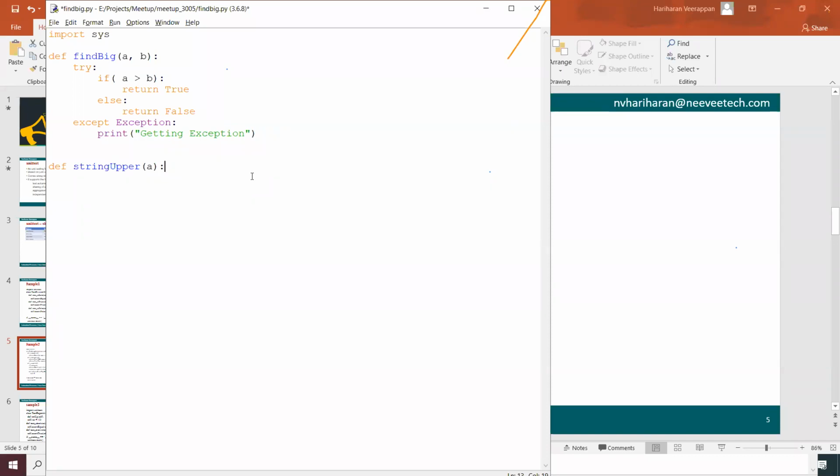This function is used to validate whether the string is upper or not.